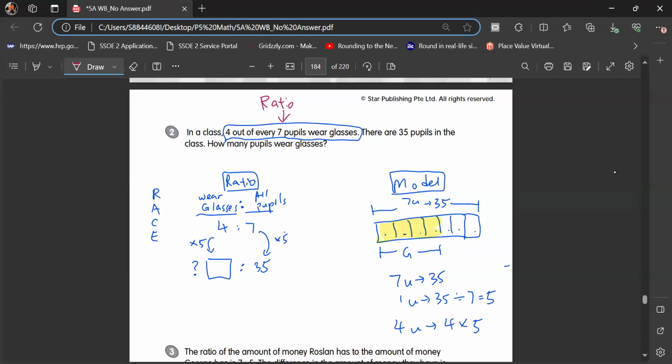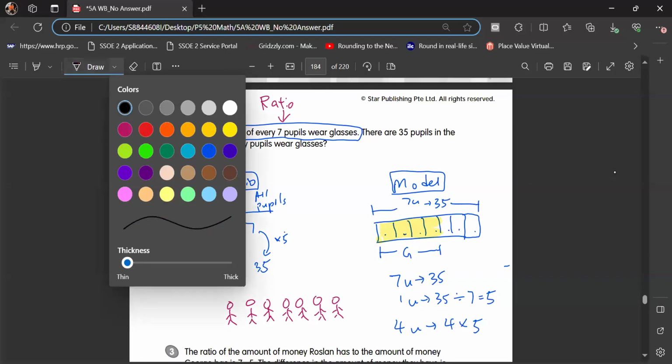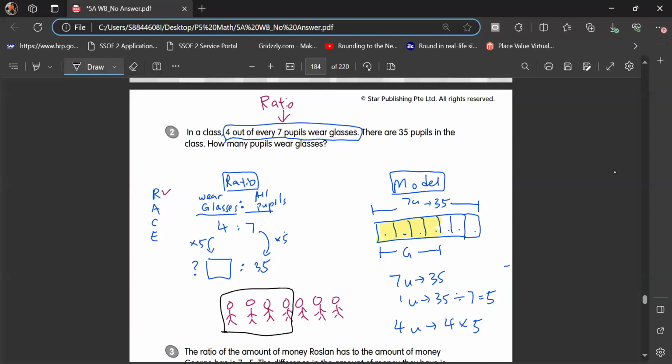If I have trouble understanding this, like annotating, I can try to draw. So it is like saying I have 7 pupils. One, two, three, four, 5, 6, 7. So for every 7 people, 4 of them wear spectacles. Yeah, very tiny. So I draw until they look like Ninja Turtles. Okay, so 4 of them wear